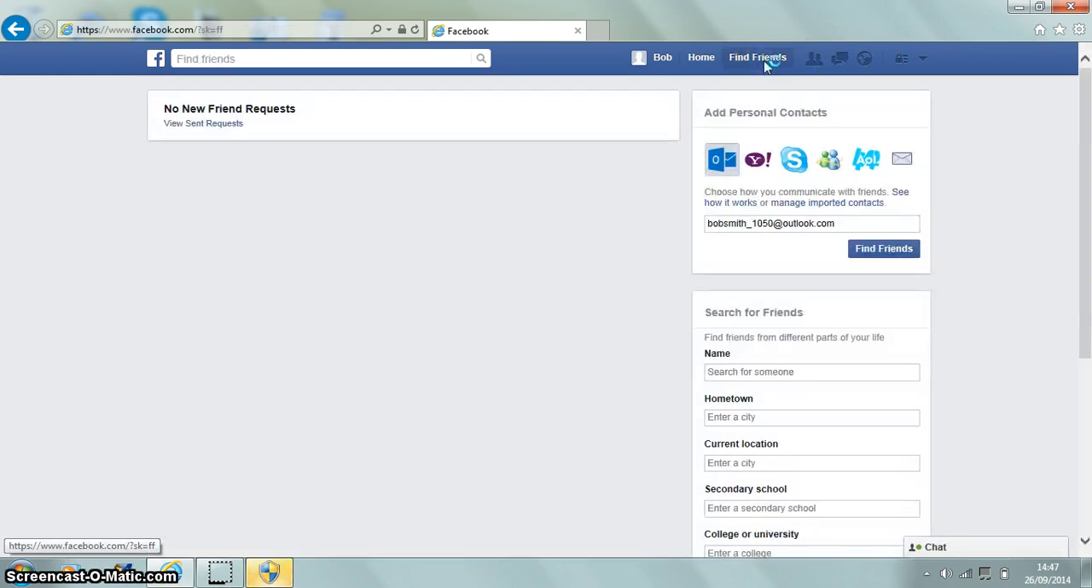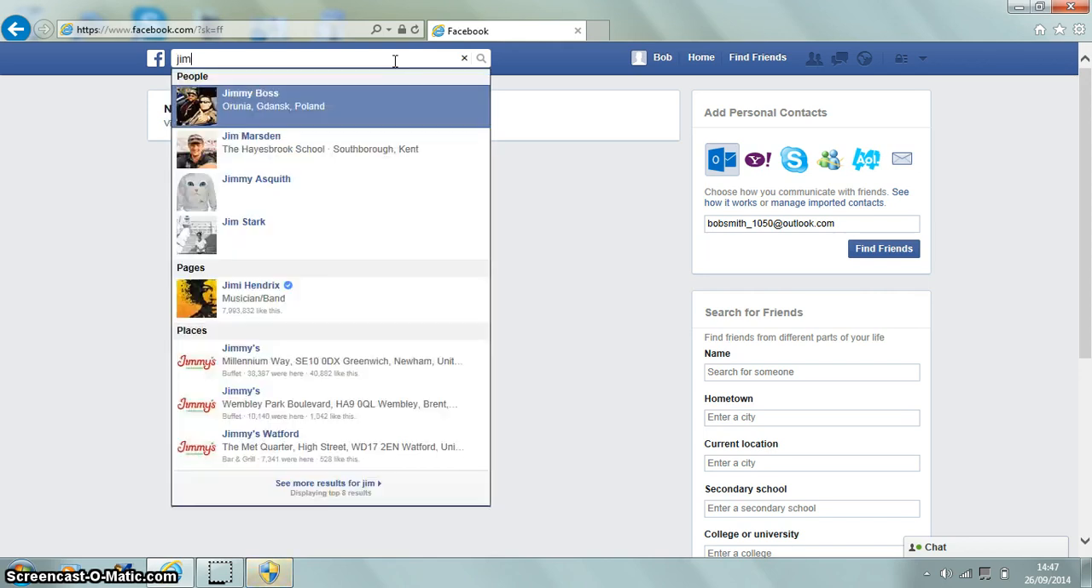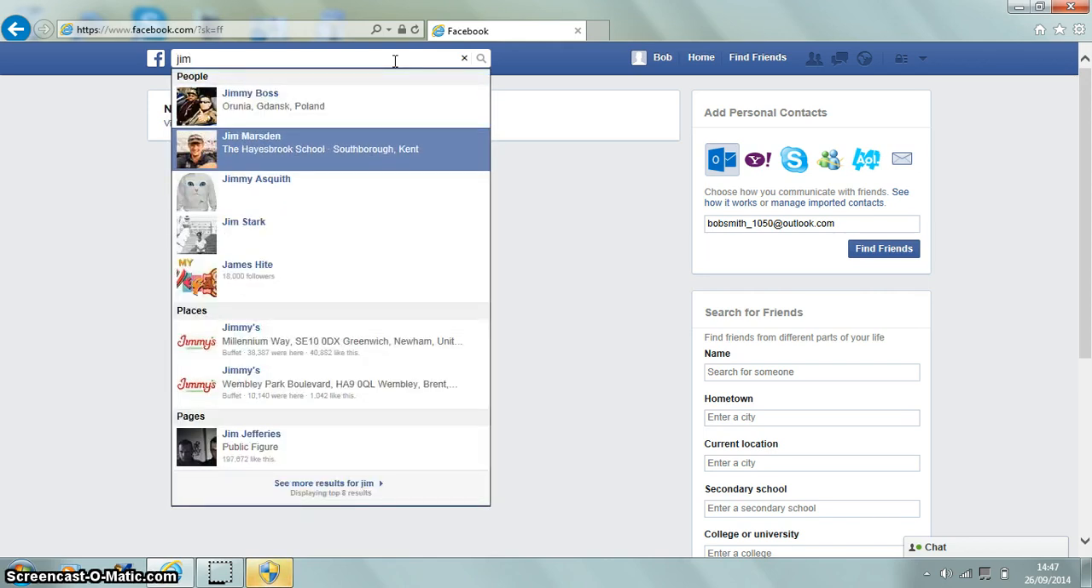Or you can find friends. You can find friends, add personal contacts, which would be easier to find friends if you have an Outlook email or Yahoo, Skype. Or you can just search for them manually here, or you can search on the text box up here, something like gym or something. See, they come up,